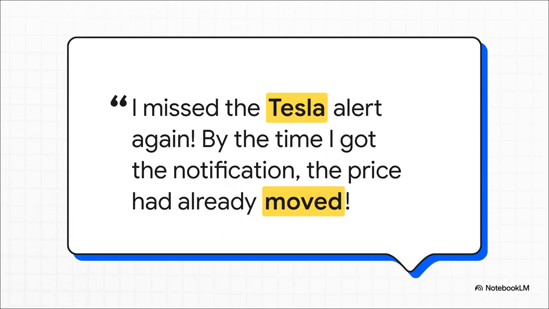So, where does this kind of chaos usually start? Well, it almost always starts with the users. Meet Jake. For him, a notification that's even a few seconds late isn't just a minor annoyance. No, it's a missed opportunity. It's actual money lost. The system he's relying on is failing at its number one job, being on time.